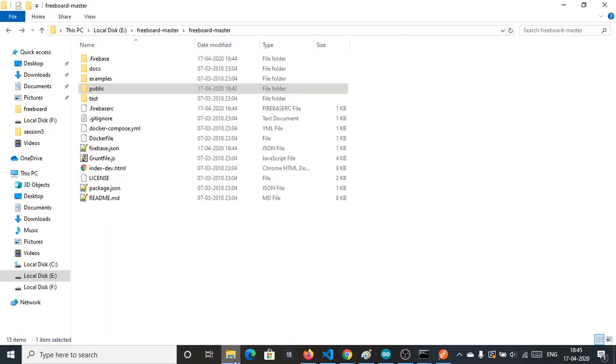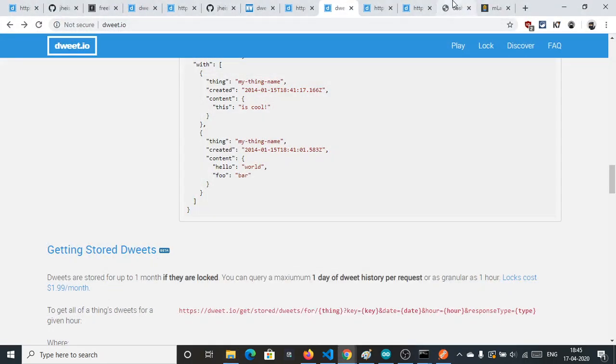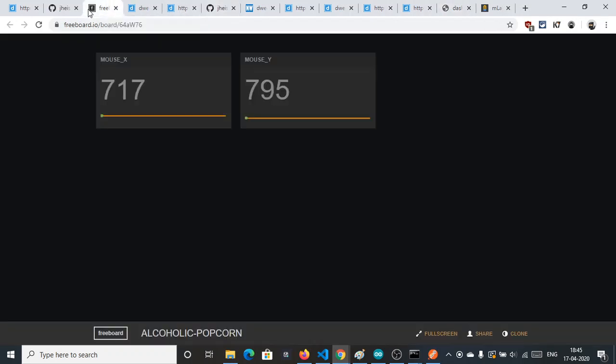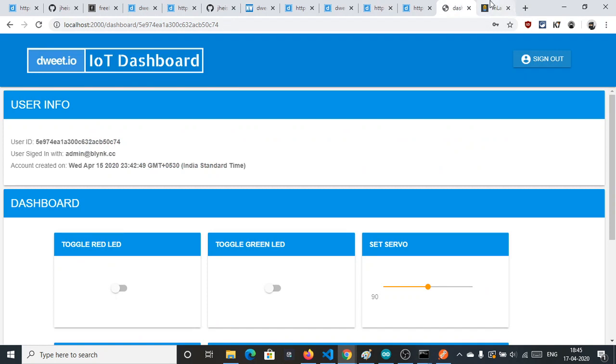Now before deployment, we need to make some changes. We need some extra plugins here. As you can see in my dashboard, I have used some plugins to switch the LED on and off, like buttons and actuators, and these are not defaults.